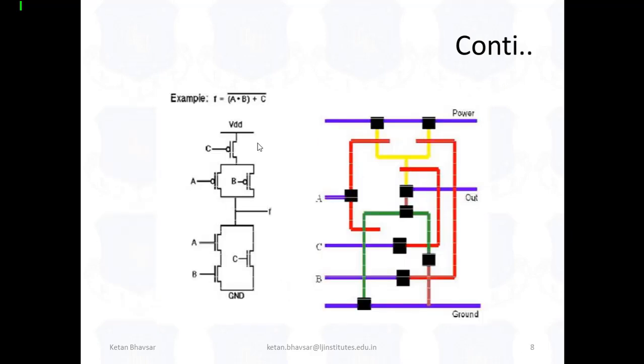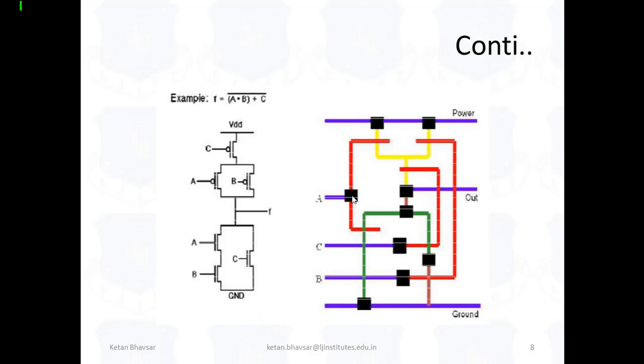Similarly, suppose I have a different Boolean equation and I try to solve it. It looks like this: C, A and B. C is in series connection with A and B, and A and B are in parallel. As a normal concept, whenever we have PMOS in series, we take NMOS in parallel. So similar pattern, as you can see, we have the opposite design. Now we can implement it in a stick diagram. It looks like this. As you can see, we are taking VCC, out, and the ground line. We are taking the metal of A, B and C.